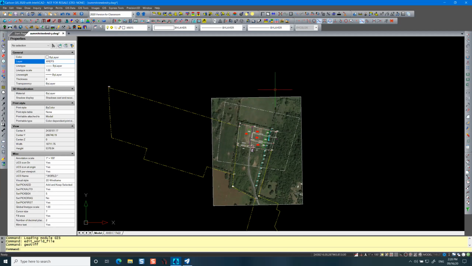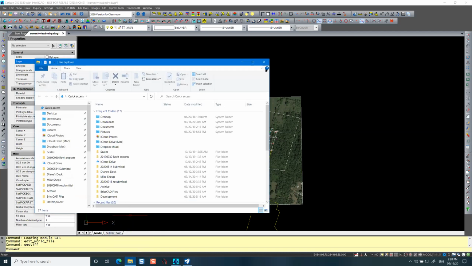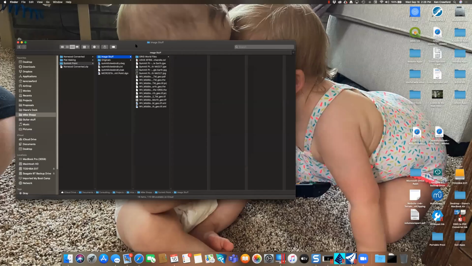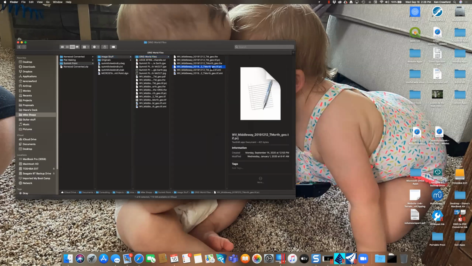So when we get that information, let me show you where that is here a second. Image stuff. Let me bring this over. So here's the original world file for that GeoTIFF. It was this one, right? Well, that's the projection information. But the world file,